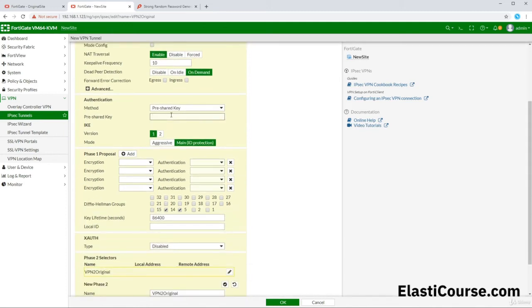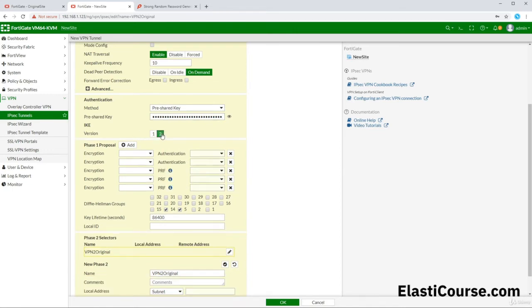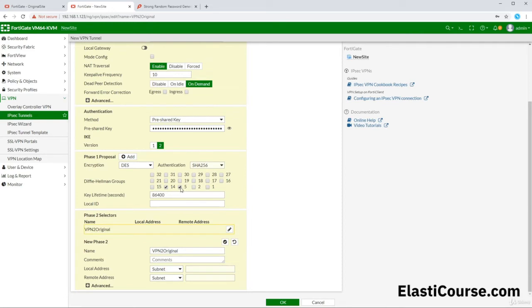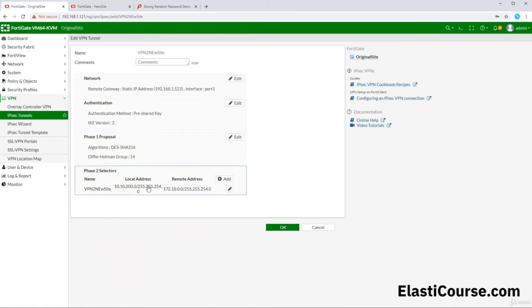We will have to paste the same exact pre-shared key that we used on the other tunnel, and the IKE version must match, so we have to match all the settings. Use the DES with SHA-256, remove the other lines, remove group number 5, and in here it will be the same exact opposite of this local address and remote address, because in the original site the